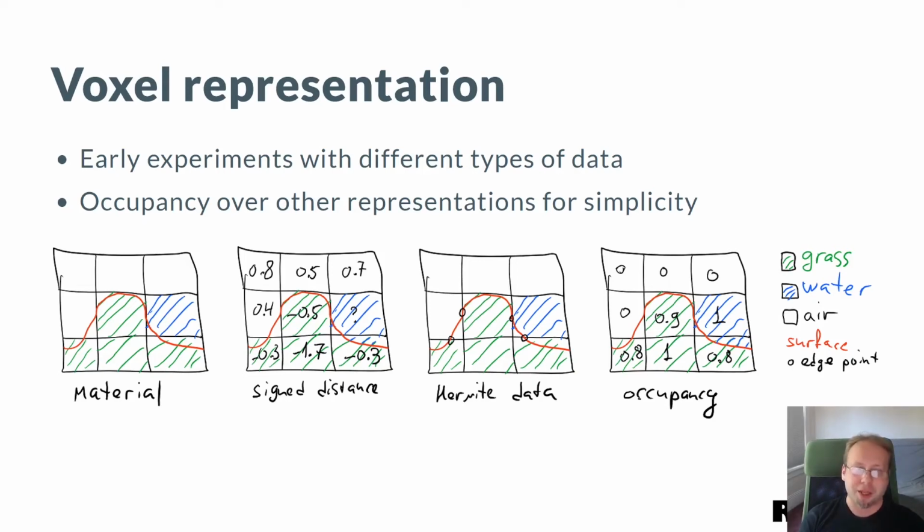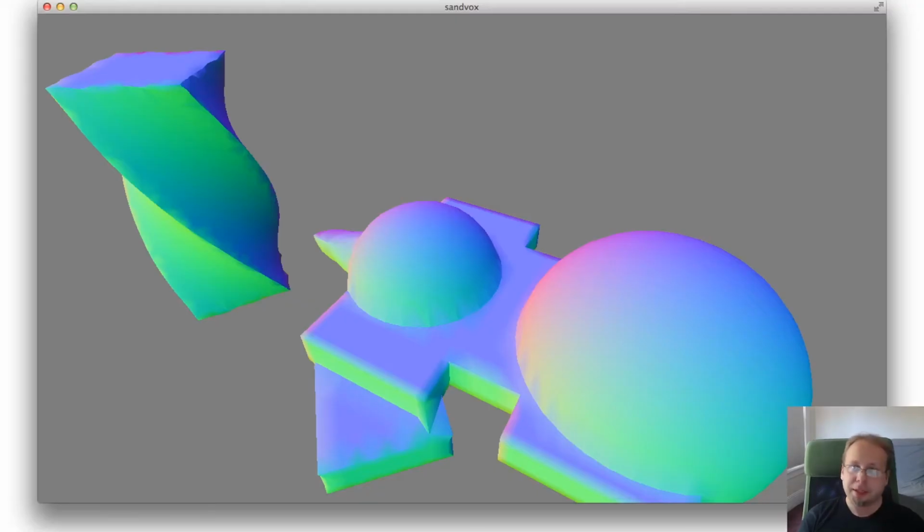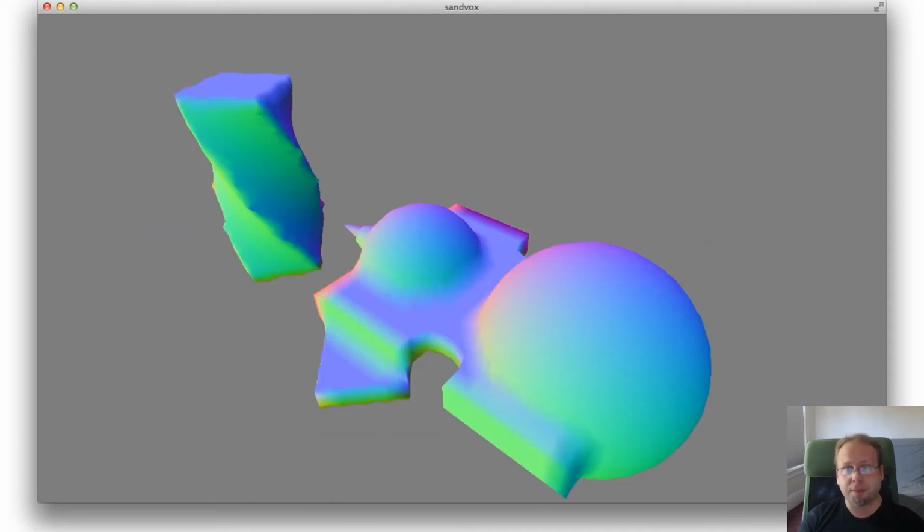It's hard to script. How do you write a procedural generator for this, etc.? How do you write good tools? All of these things weren't very clear to us, so we opted for a simpler approach that loses some of the expressive power. Here are some screenshots from early prototypes. So this is the Hermite data prototype that we really liked because of the amount of control that it gave you, but it was hard to author content for this. And then this is a simpler implementation that we started with, where you don't have Hermite data, you just have occupancy inside each voxel. And then you do an isosurface extraction.